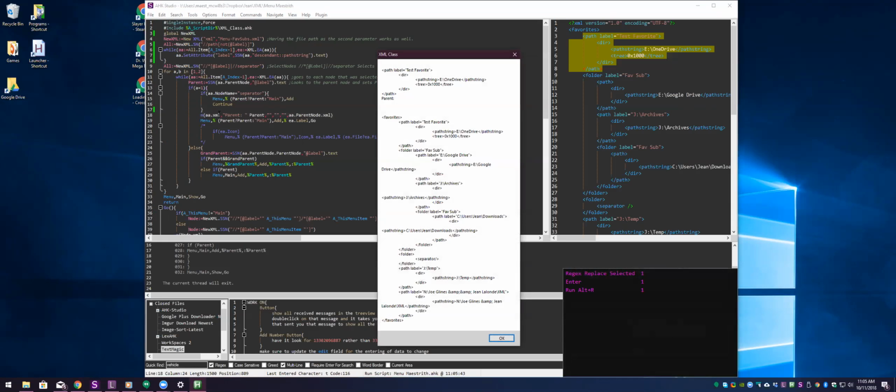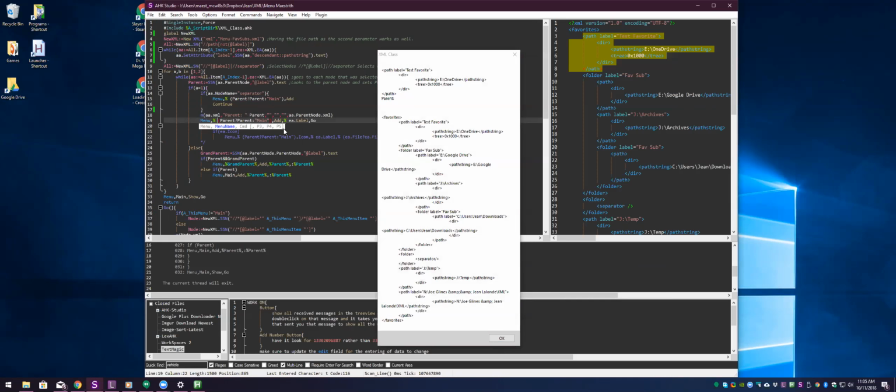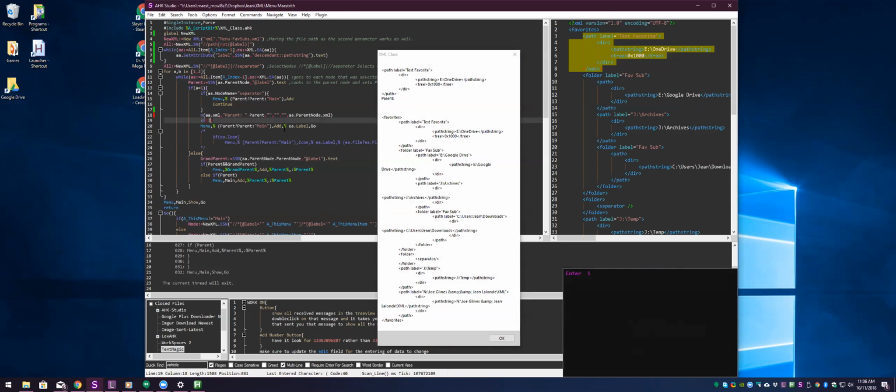Okay. So, all right, so we notice now that parent is blank. So that means that we're at the root of this particular tree. So we're menu adding parent, yada, yada, yada. That's fine. So if not parent,